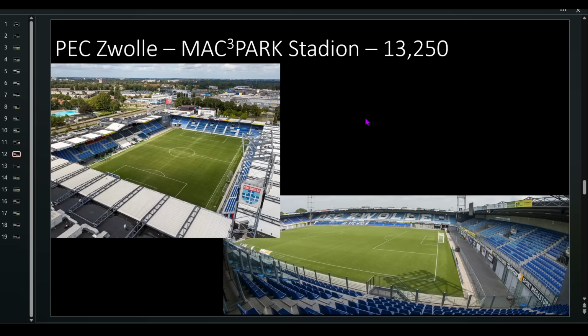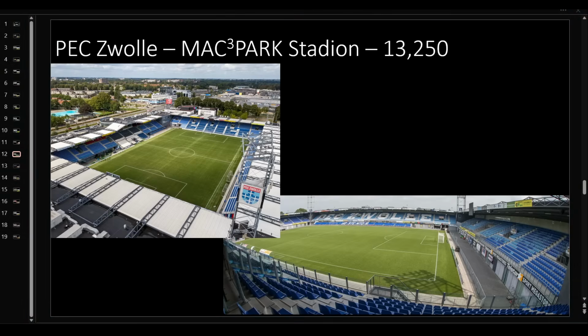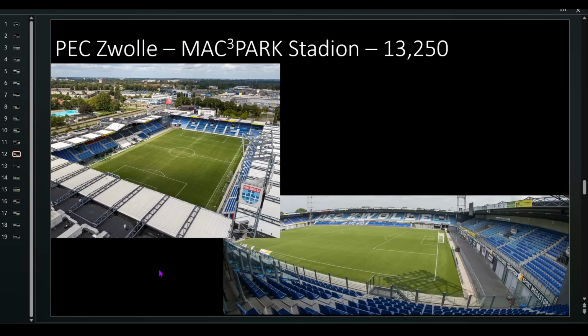Okay, next we go to Zwolle for PEC Zwolle's MAC 3 Park Stadion, and it's 13,250. Nice club colours of blue and white, sort of like two different blues as well. And you know, as I said already, very typical of the country really. It's got the four-sided with the roof, protecting against the elements in the Dutch winter. So that is PEC Zwolle's MAC 3 Park Stadion,